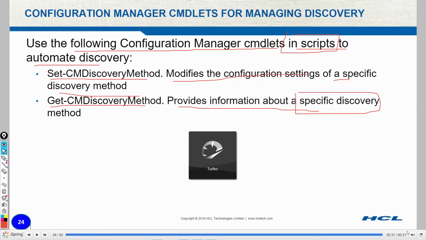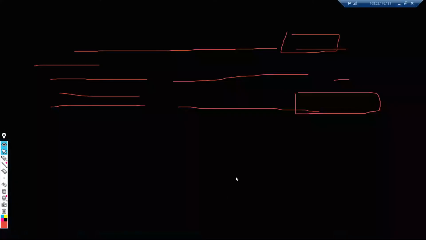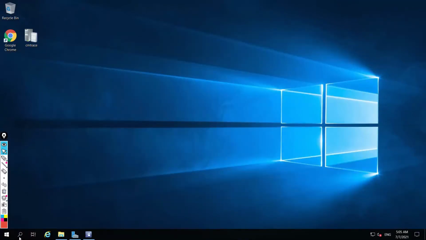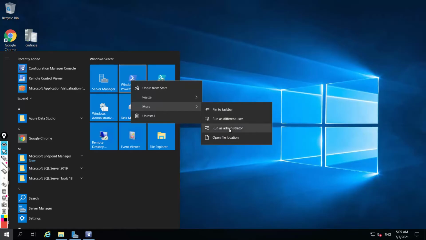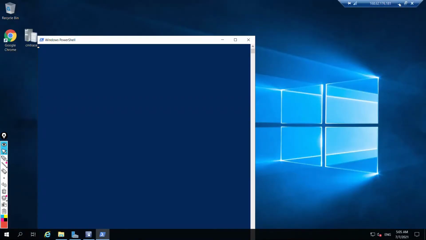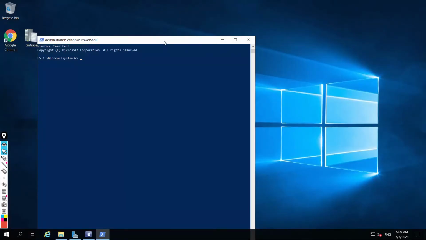So we'll go to our SCCM server. Let me go to our SCCM server. We'll open PowerShell. Right, so what is the command? Sorry, not cmd, it is Get-CMDiscoveryMethod. If I just type Get-CMDiscoveryMethod,